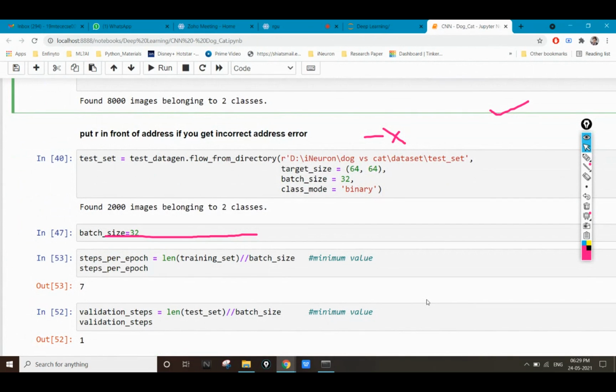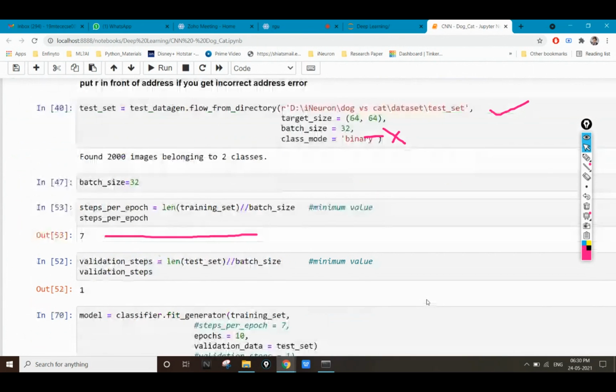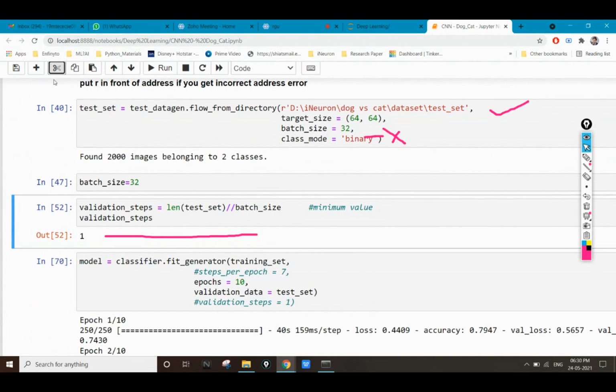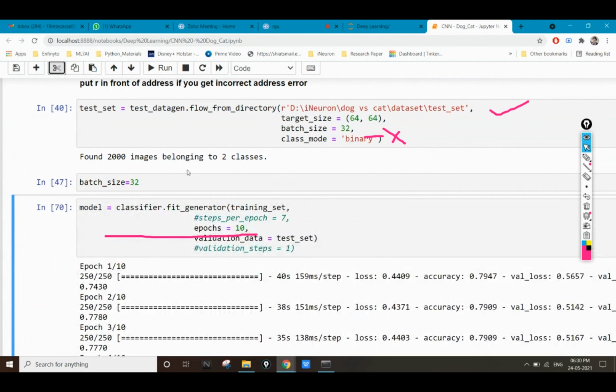Now you can see here the batch size. So what is this batch size basically?